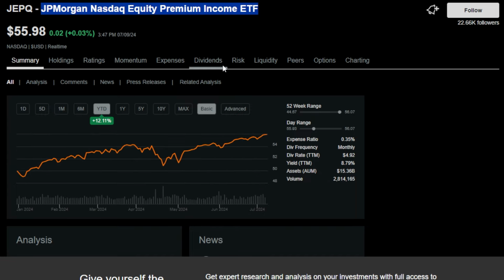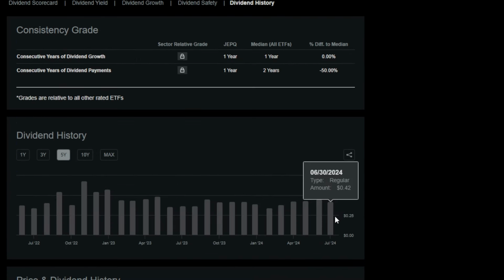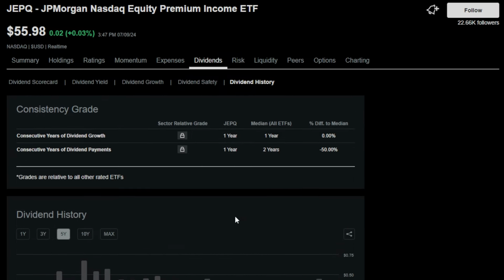12% year to date. But on top of that, JEPQ pays a massive dividend, almost 9%, with certain months paying more, certain months paying less, depending on volatility. But for those investors that want monthly income and want it consistently, JEPQ is one of my favorites across the